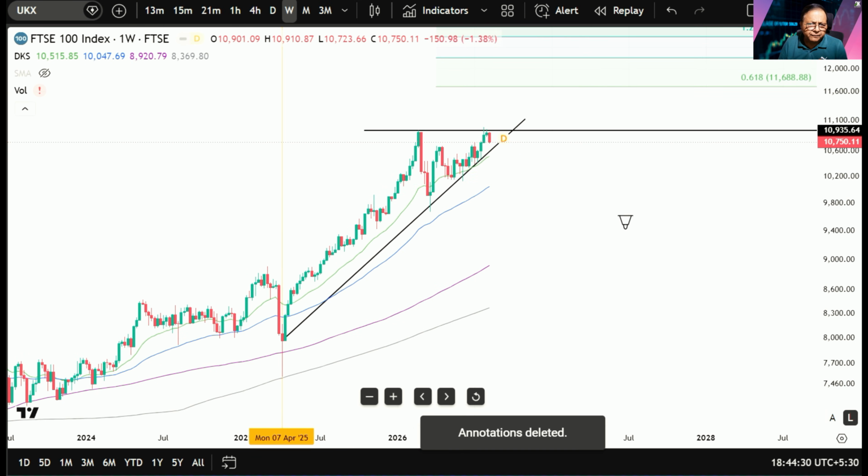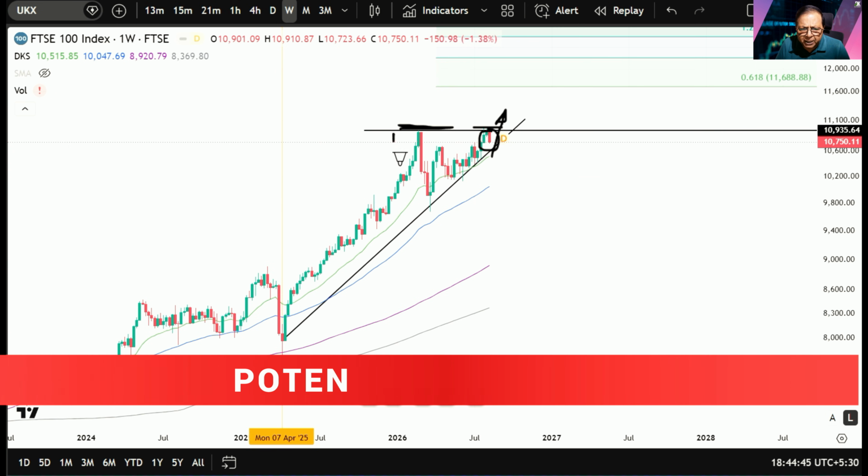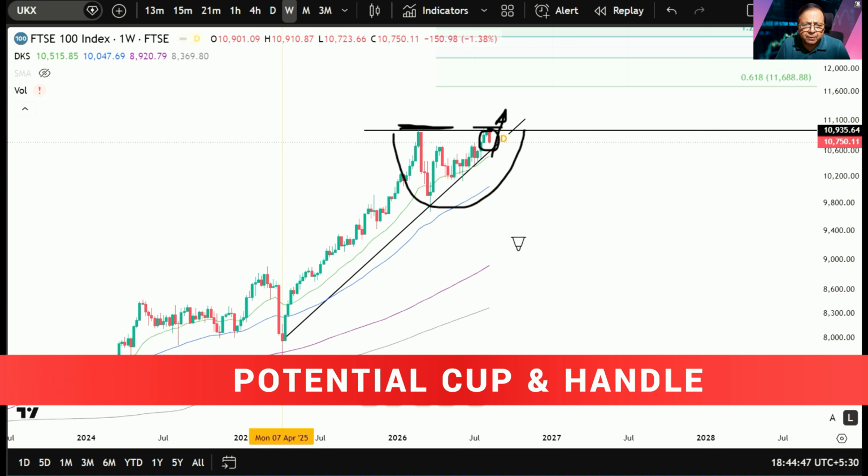Of course, this is a very strong bearish candle. It is a kind of one black crow candlestick pattern. But here if you see, it got rejected from earlier resistance area. So if it consolidates here and then gives a breakout, this could be the potentially continuation chart pattern, that is